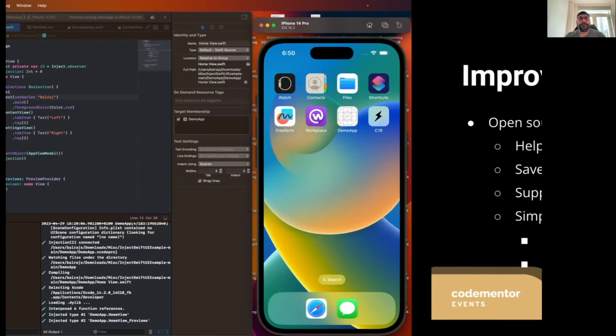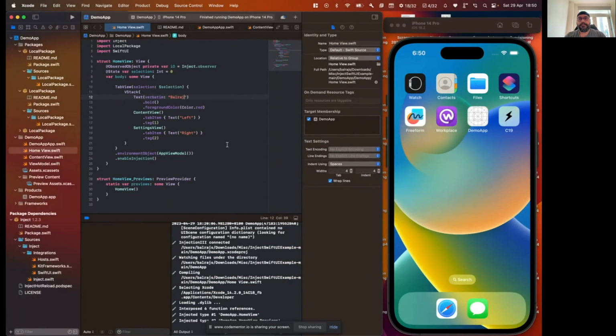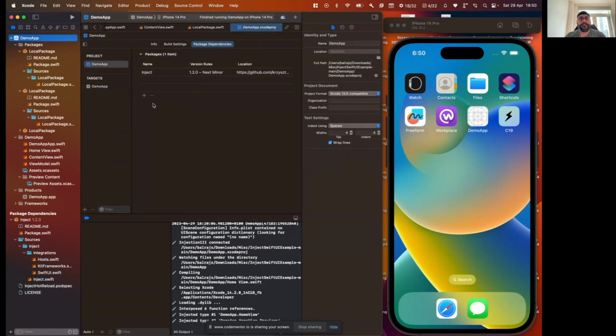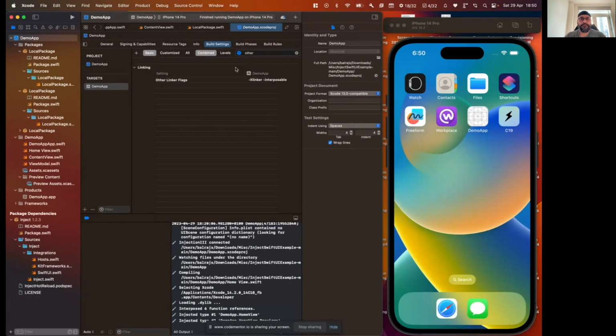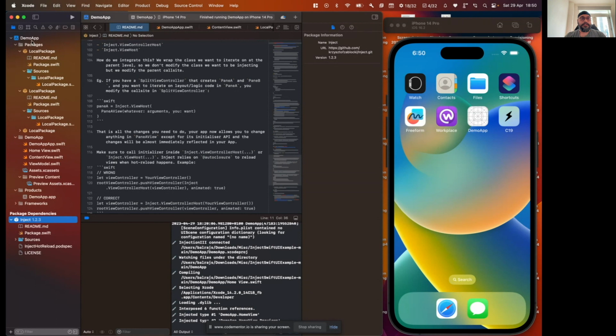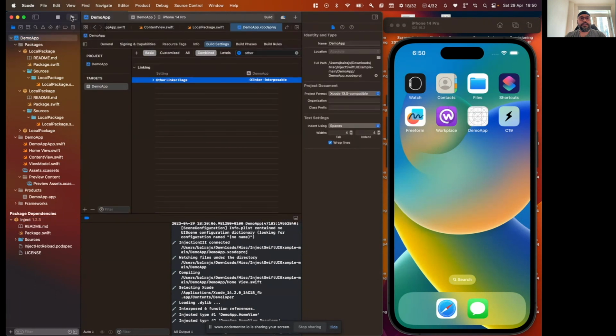So moving on to the example part, here is a simple app where I have already integrated Inject. The way I have done that integration is I have just added a package of Inject over here. The next thing I did was, in the build settings, I added a separate flag called Xlinker, and I have also installed the package of Inject. You can see this package of Inject over here. Now, when I run this application,